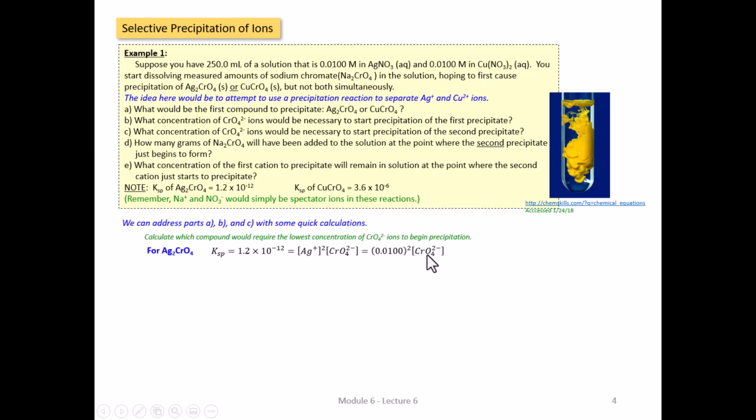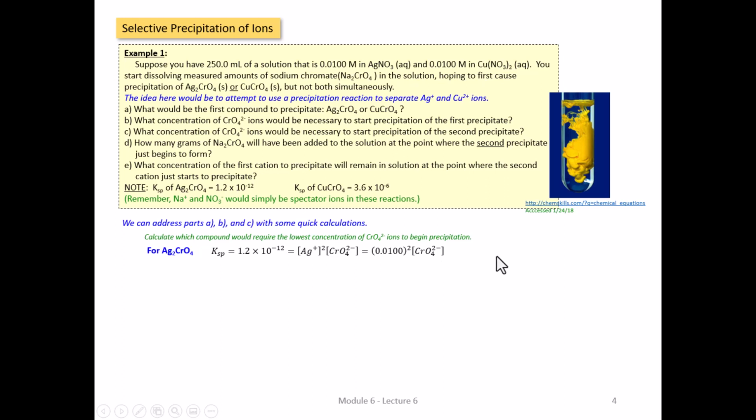What we don't know is the concentration of chromate ions needed to make this expression equal to the KSP value of 1.2 times 10 to the minus 2, because that would be the concentration that would make this expression equal to the KSP, which would be the point at which the chromate added would just start to